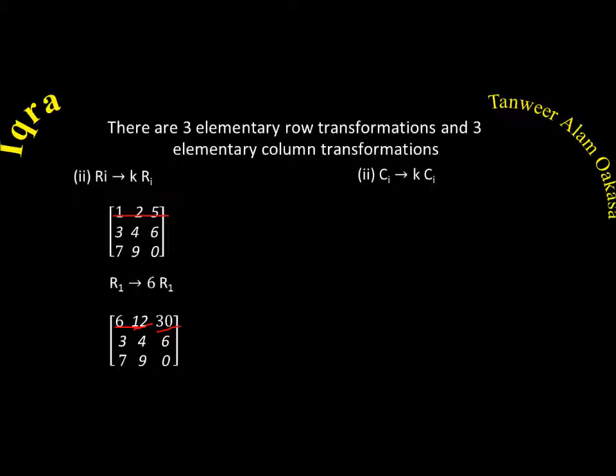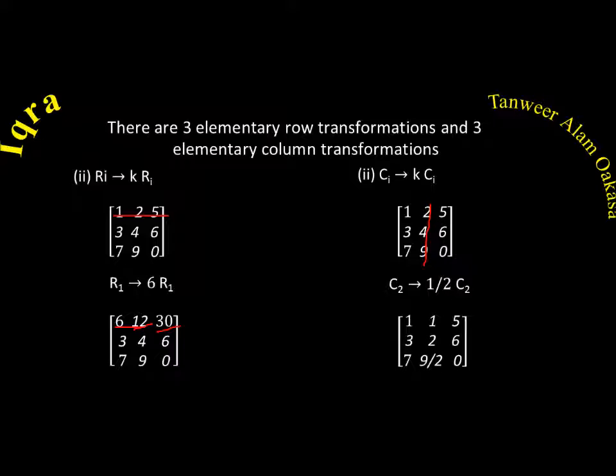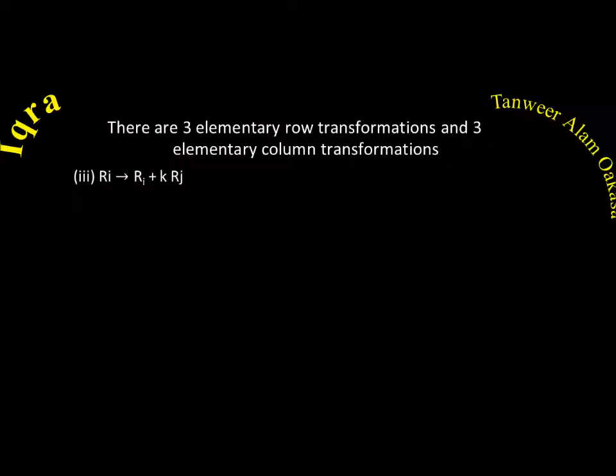Similarly, I can apply transformation on the column. If I multiply this whole second column with 1 by 2, what will I get here? The other columns will remain the same, and this will become 2 by 2 become 1, 4 by 2 become 2, and 9 by 2 becomes 9 by 2. So this is also an elementary transformation where I multiply any row with any number or any column with any number. And the third transformation is that if